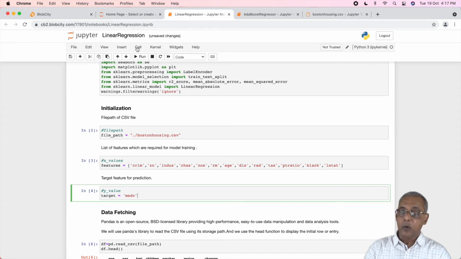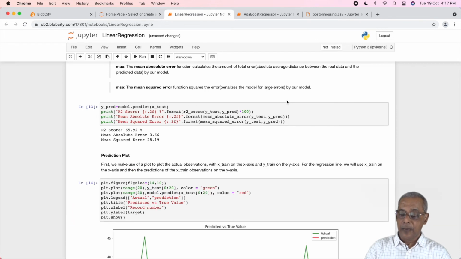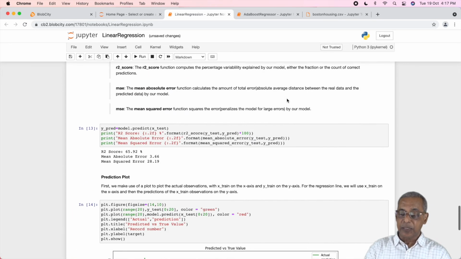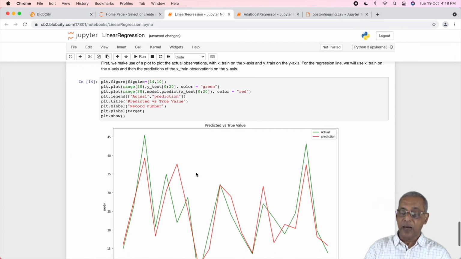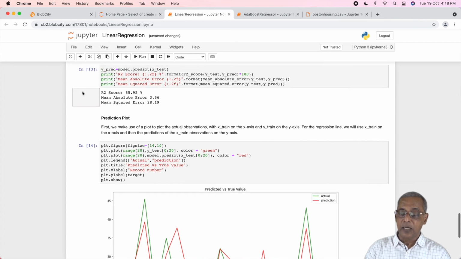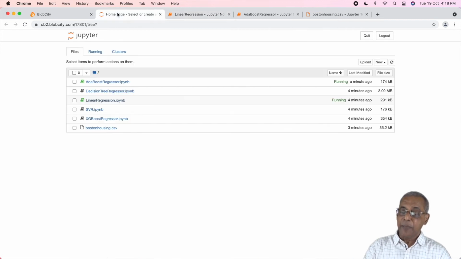And then I go into run all and I run this. Now it runs, it gives me some output. I'm not even going to examine those outputs. I'm going to look at the accuracy score, copy it somewhere. I look at the other 3 metrics, copy these 3 values somewhere, and that's it. Now the same experiment, I'm going to run it on the other templates here. Now I'm not going to repeat the entire process.